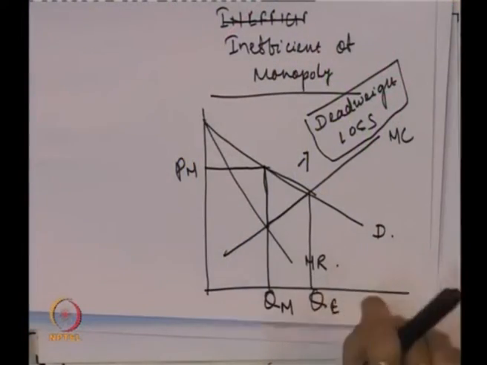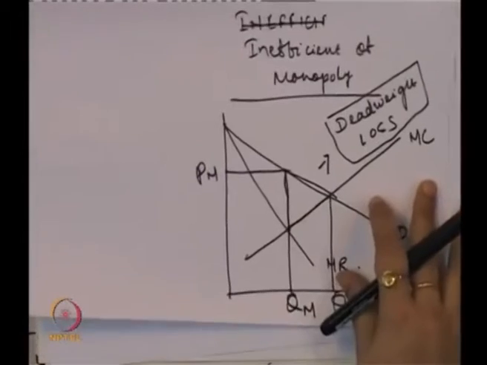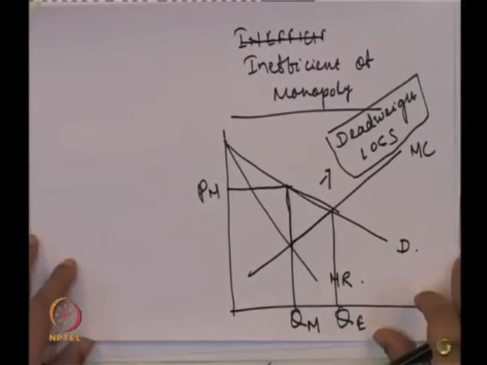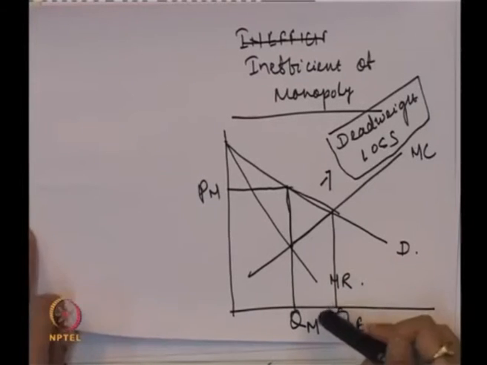And why does the deadweight loss come into the picture, or why is there evidence of deadweight loss in the case of monopoly? Because the monopoly quantity, if you look at it, is always the lower quantity at a higher price, and the efficient quantity is one with a higher quantity at a lower price. So, some amount of inefficiency with respect to output and price is there, and that generally imposes a cost on the society.